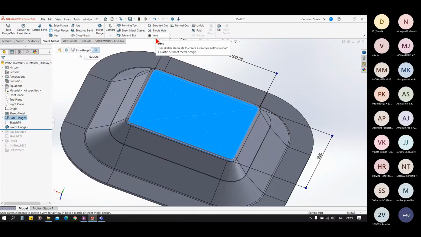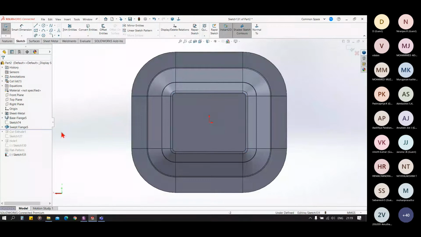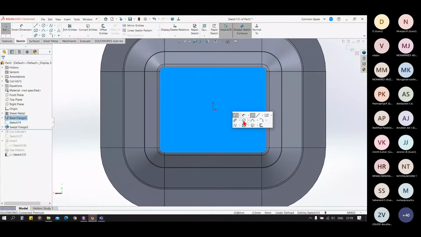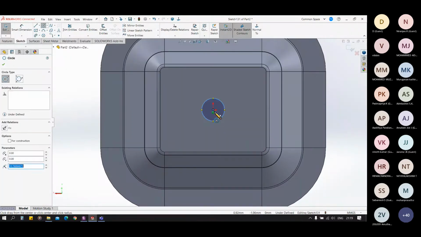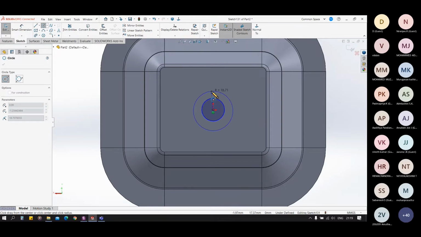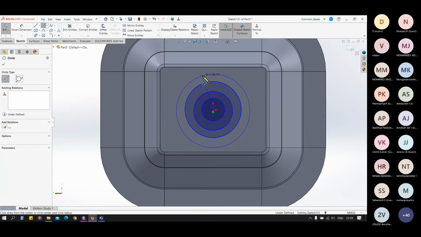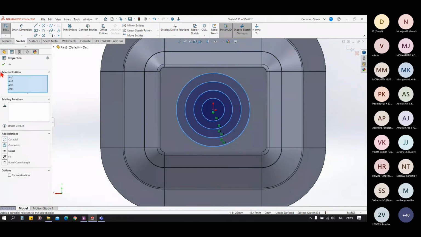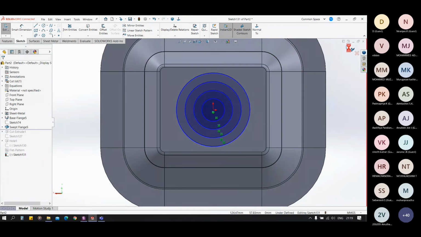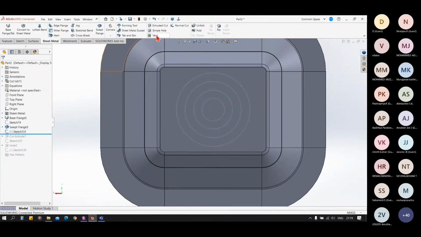For a vent, we have to draw a sketch using circles. So let's say I have this circle, this circle, this circle, and this. Make them all concentric and exit.